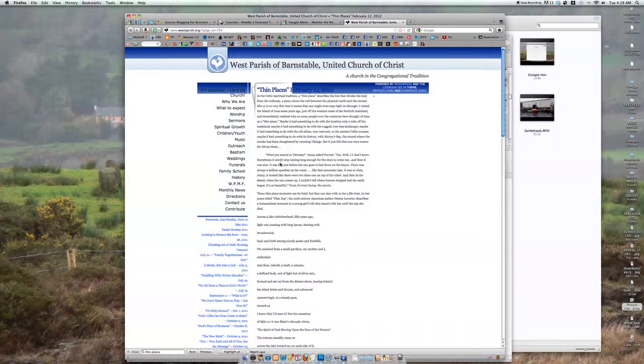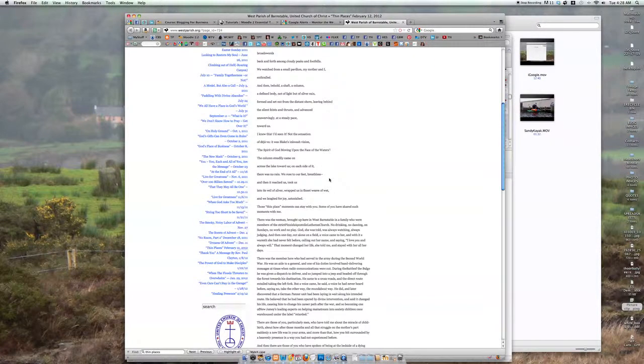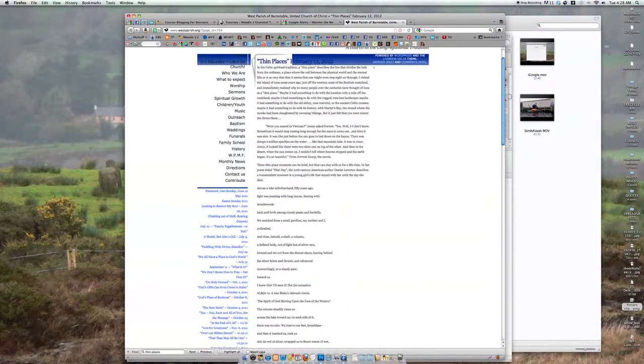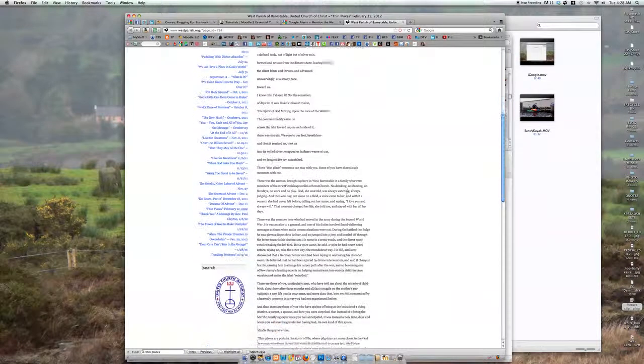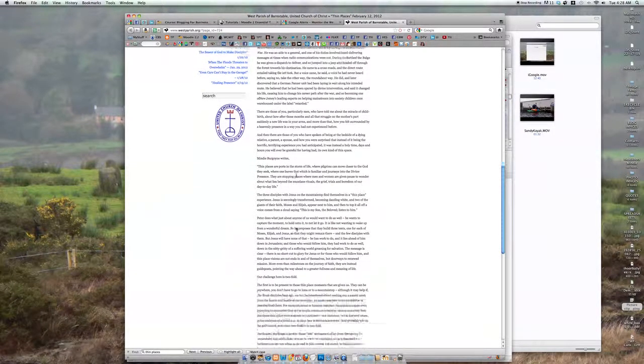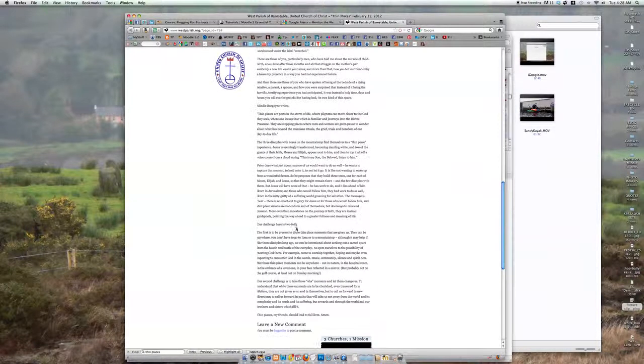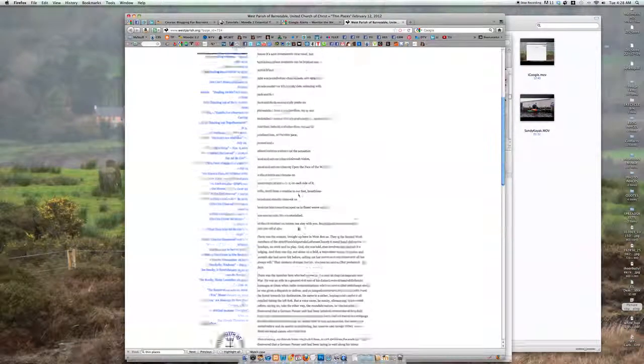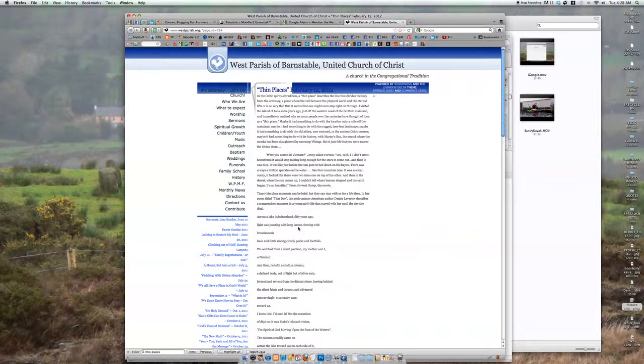But I noticed when I read through it that they are talking about the same kind of thin places I talk about, Celtic spiritual tradition. But they've actually quoted me in here. As I scrolled down here, I thought, Mindy Burgoyne writes, and she takes this quote out of my website. And then she goes on to reaffirm this concept. So finding this, I can do a couple of things. And I would have never probably found this in a traditional search, right?